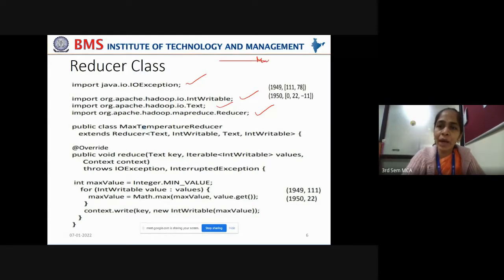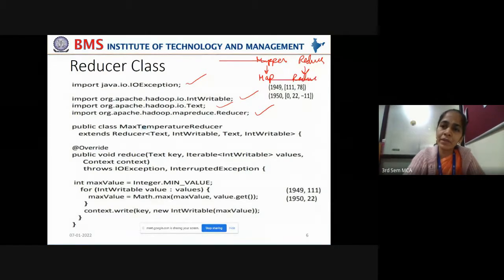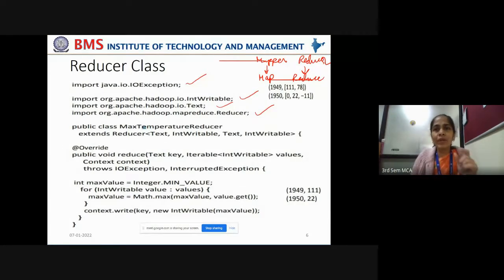Same as you have a map function in a mapper class, you have a reduce function in a reducer class also. So to write your customized code in this reduce function, you override the reduce method of the superclass Reducer.